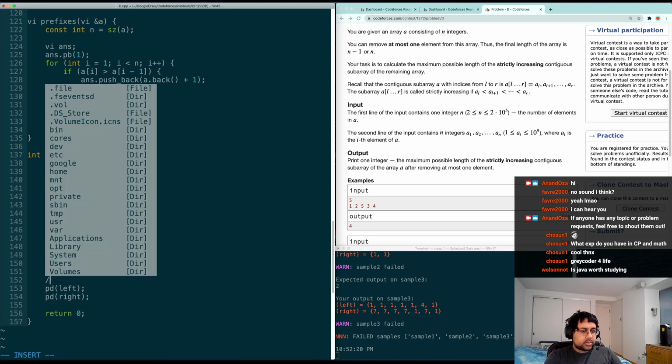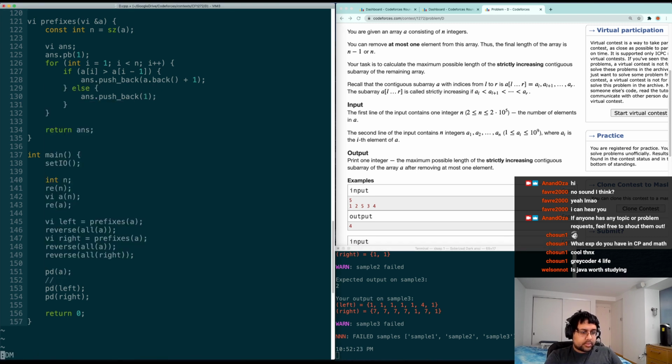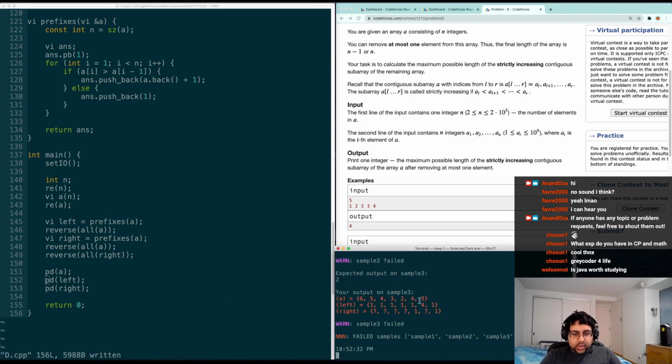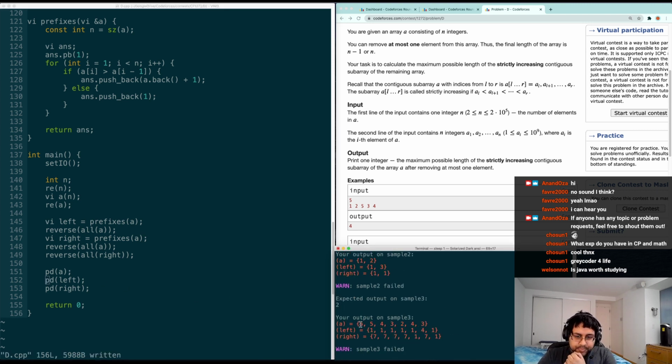It's actually a little weird. Okay, I think there's just some small problem with my build script. So what we have here is 6 is just an array by itself. 5 is just an array by itself, so it's 1. Okay. Actually, this was wrong because when I reverse the array, I actually reverse,